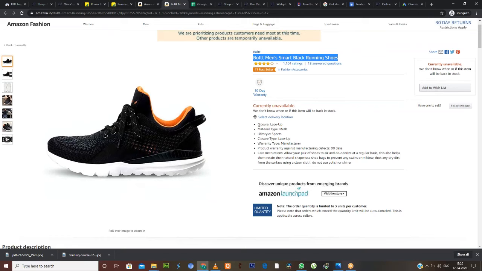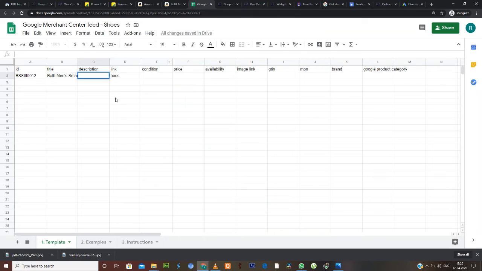Just wait once, Raghu. So whenever you are pasting anything in here, you have to paste it in the formula bar. This particular area is known as the formula bar. So if you are copying a big description also, if you paste it in the formula bar, it is going to be pasted inside this cell only. But if you click in here and you paste, then what will happen? It will go to multiple cells. So we have to paste every time in the formula bar.